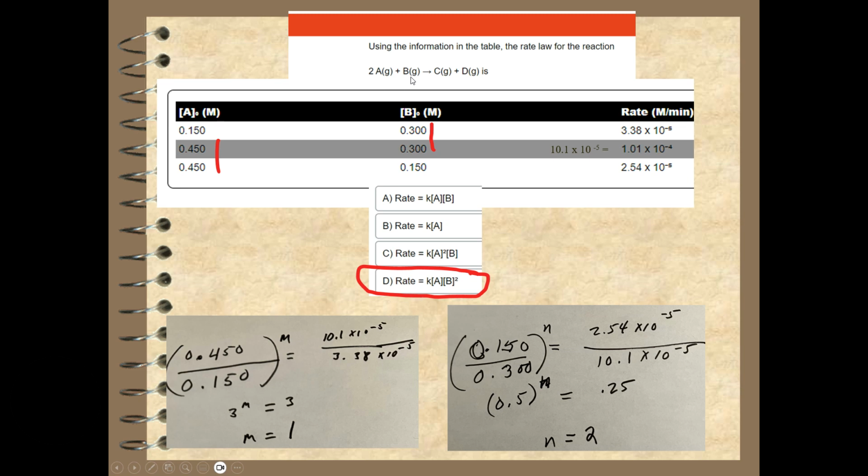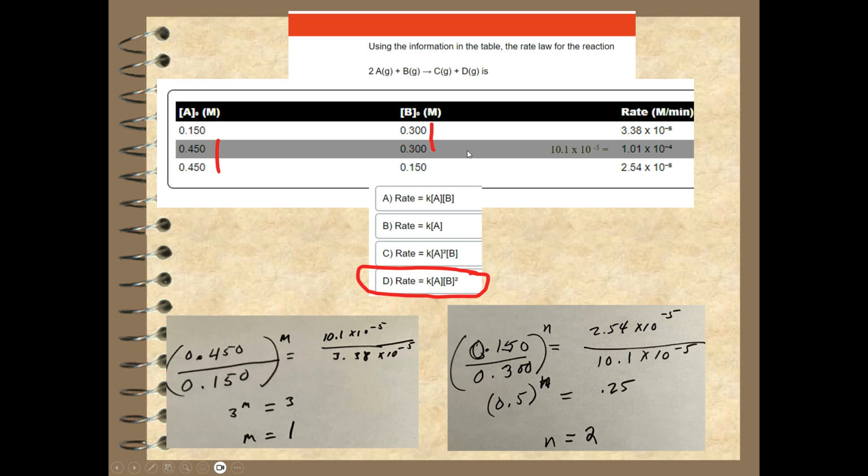So here's our table of data. We want to look at only the effect of A first. So to do that, we have to find a place where B doesn't change. The first two experiments, B doesn't change. So we're going to take 0.450 divided by 0.150, raised to the power m, is equal to